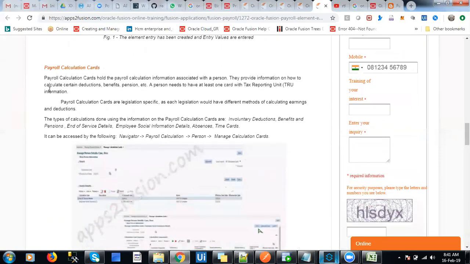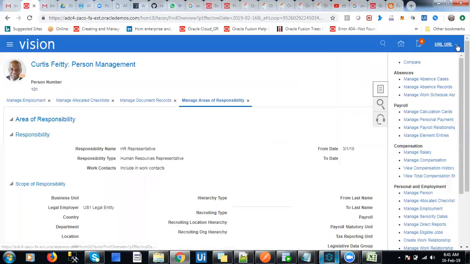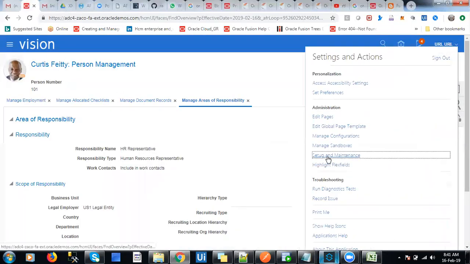payroll calculation cards. Payroll calculation cards hold the payroll calculation information associated with the person. How will you calculate certain deductions, benefits, pensions? Okay. So at least one card is required. Where you set this calculation card is in the tax reporting unit. When you are working with the tax reporting units, you are going to have the